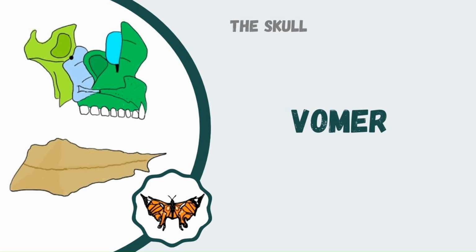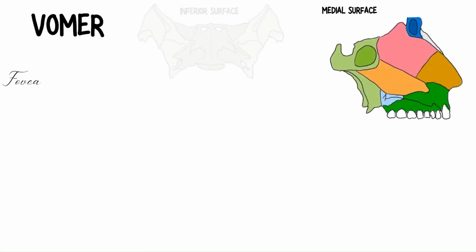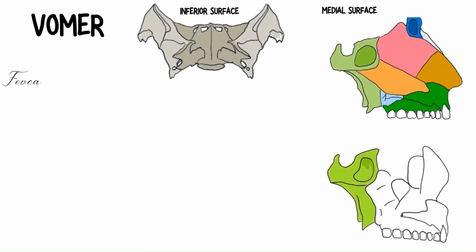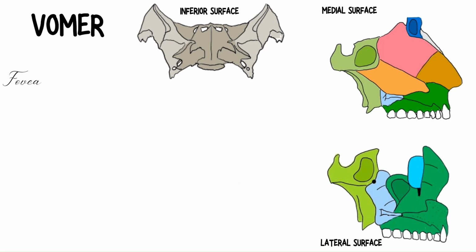The vomer is a bone located on the midline and is related to the main bones that make up the nasal fossae and the palate. The floor of the nasal fossae consists of the palatine posteriorly and the maxillary anteriorly. These two bones form the floor of the orbit and the roof of the mouth at the same time.